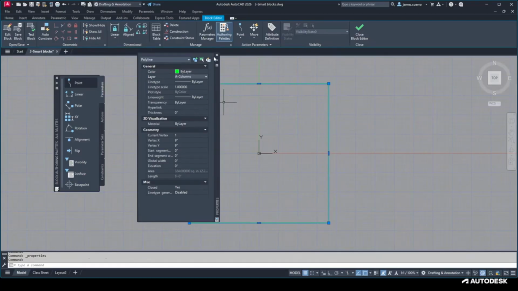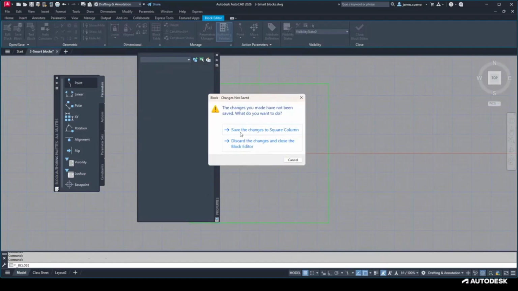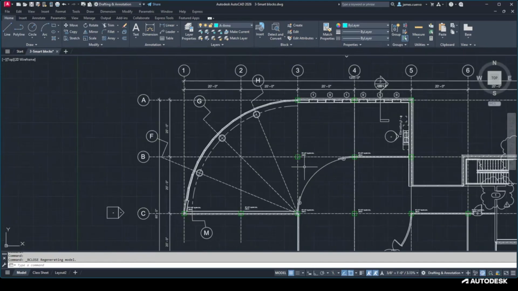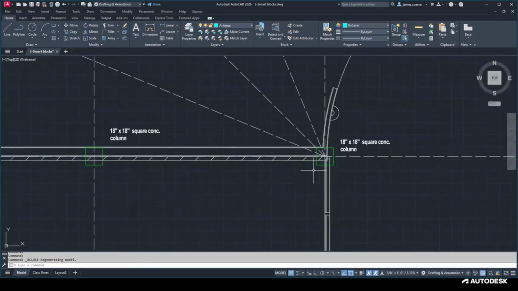At this point, this is now being drawn according to our office standards. Save changes to the item, say yes, close this, and there you are. All of your columns are now in the proper color, which makes it the proper thickness. Okay. Now